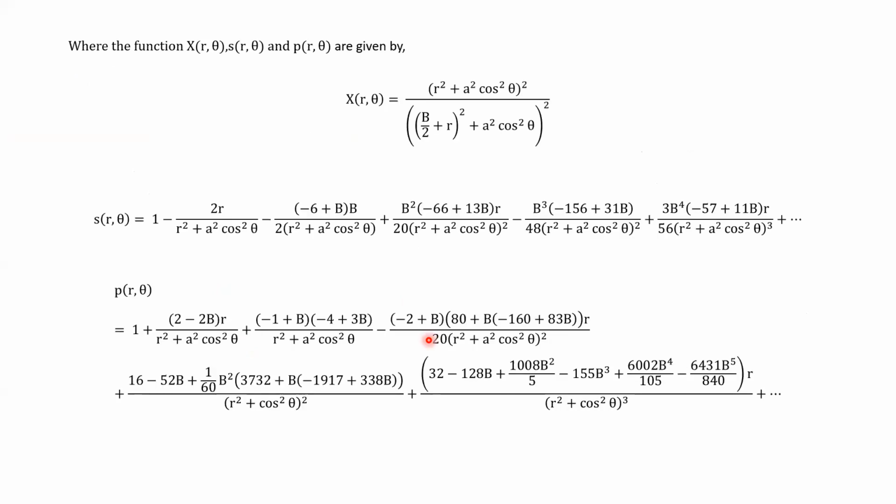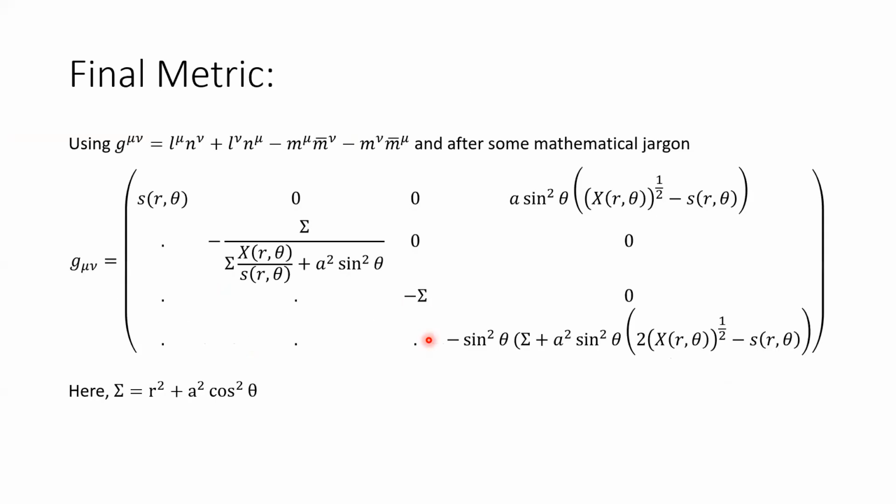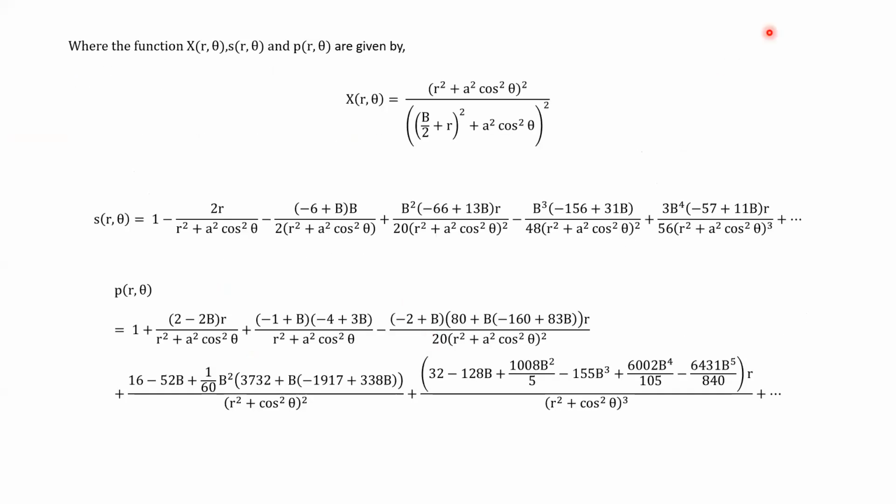Now we want to find the rotating solution for the seed metric that we have found in the asymptotically flat non-rotating solution. So it can be easily done mathematically that x of r will be modified to x of r theta in this form, and s of r theta and p of r theta will be of this form. We can always see that this also has this rotating term included.